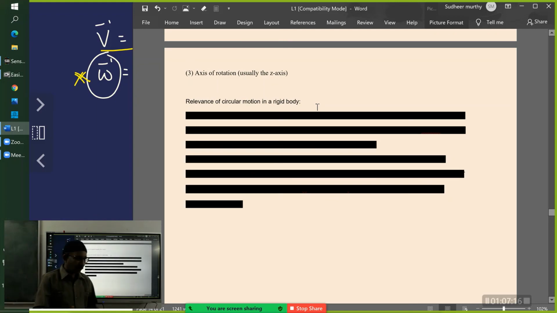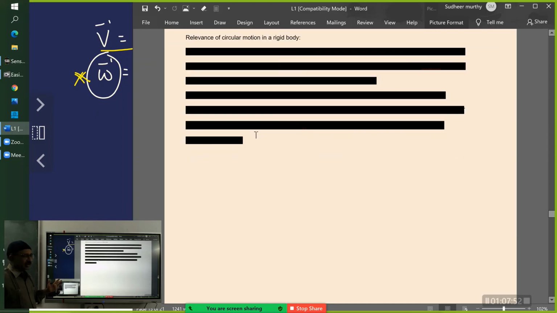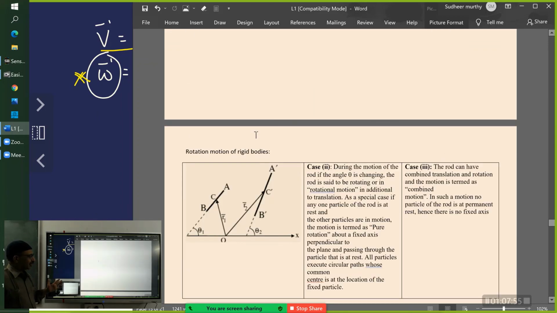Relevance of circular motion in rigid body: when a rigid body is rotating, all the particles in the rigid body are performing circular motion, and the plane of motion of each particle is perpendicular to the axis of rotation. Sir, omega bar is equal to V bar cross R bar? Even if we take true vectors, A bar cross B bar is equal to a square, there also we cannot write like that. There are so many ways we can say that it is not a problem. So the relevance is important because the circular motion of particles is together going to